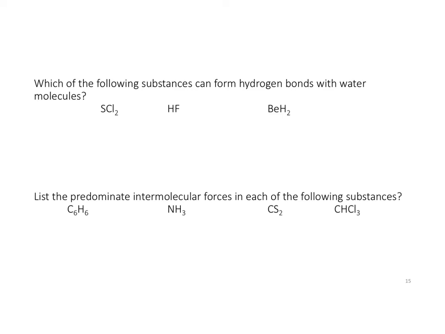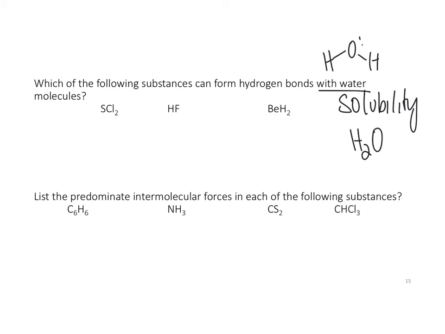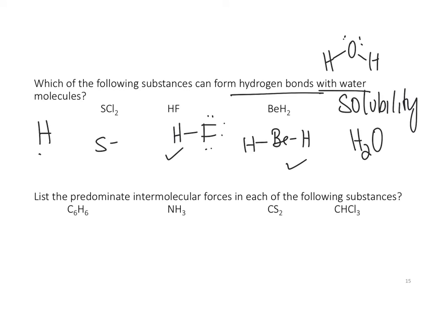Okay, which of the following substances can form hydrogen bonds with water molecules? Now this is about solubility. So if it can form hydrogen bonds with water, that means it's soluble in water. So for it to form hydrogen bonds with water, it has to have a hydrogen. It has to have a hydrogen. Okay, so HF can form hydrogen bonds. Beryllium can form hydrogen bonds with the water, and this does not have,